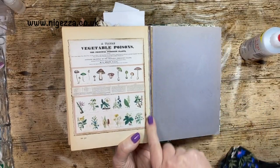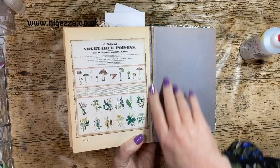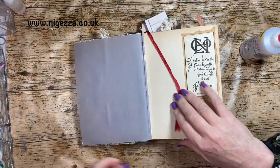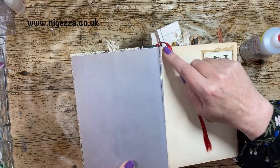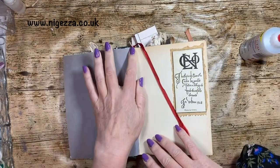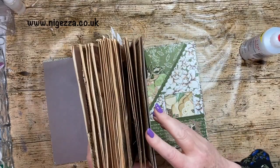So I want to strengthen that, even though I've stuck a picture there, but I can do that again. So I want to strengthen that there, and the same at the front. It's beginning to go there, and you can see the packing tape underneath. So I am going to reinforce this join here. Throughout the book,